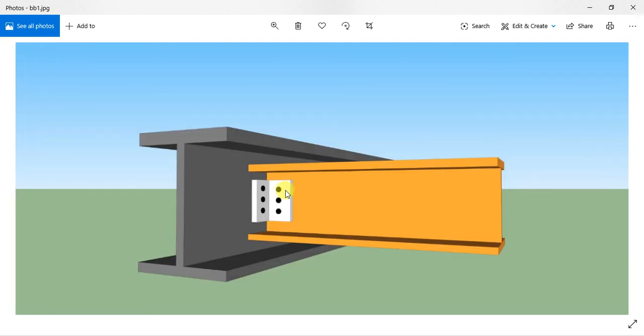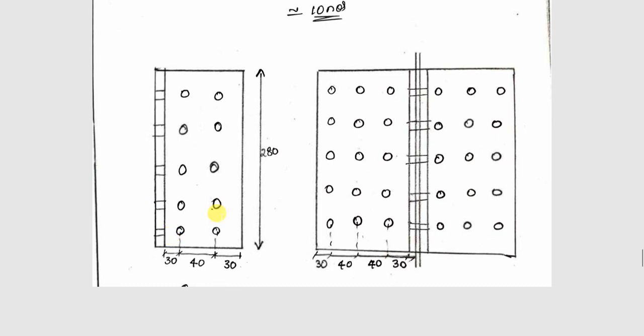So for this particular connection, we will go for 10 bolts. You can see here, these are the 10 bolts which are connecting the angle leg and the web of the smaller beam.